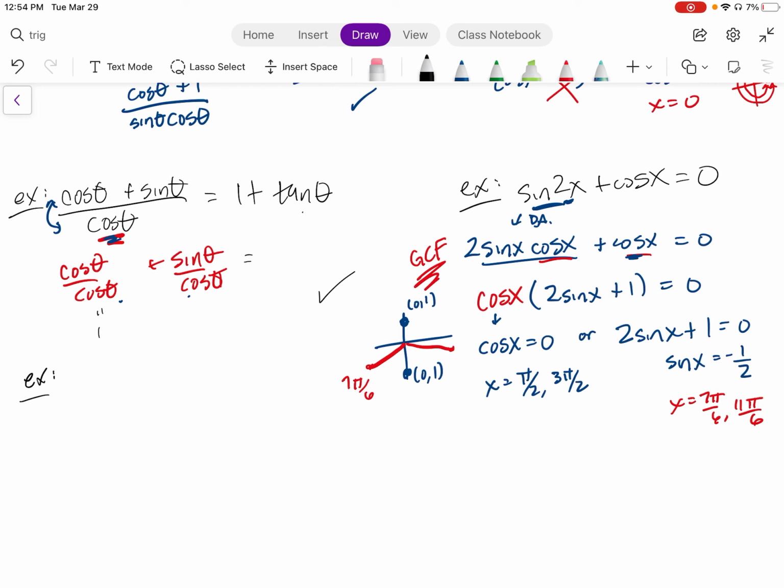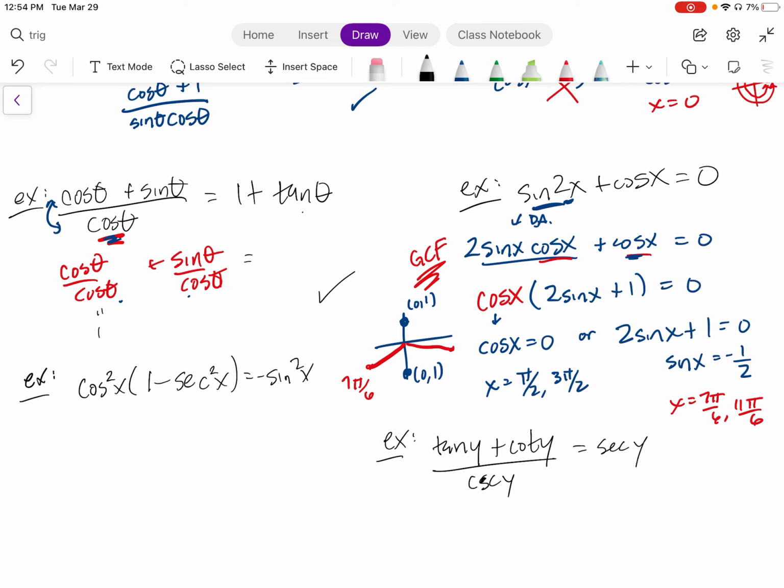All right, couple more here. So how about let's prove this identity. Okay, there's an example. Let's do one more. How about this one here? Tan y plus cotangent y over cosecant y equals secant y. All right, 2 different tricks here. So first off,